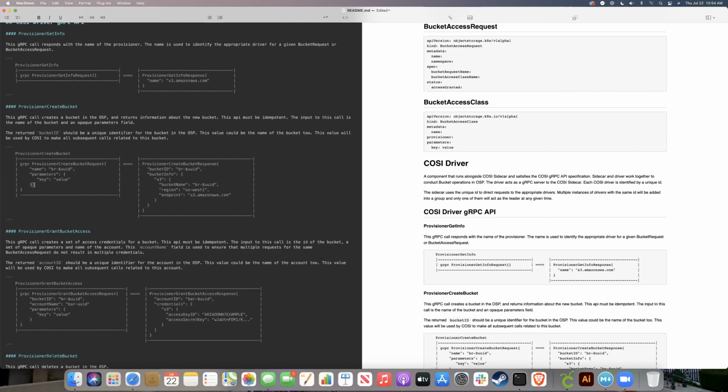I think the most important thing is that for any of this kind of metadata, we have to explicitly say the driver is free to ignore all of this. It's purely for your information if you want to store it, but if you drop all of it on the floor, you're still totally spec compliant, right? That would have to be the explanation in the COSI spec or in the COSI RPC: this is additional information useful for logging, audit tracking and labeling, but if you just ignore it, it's totally fine.